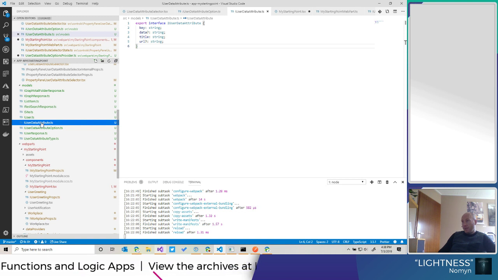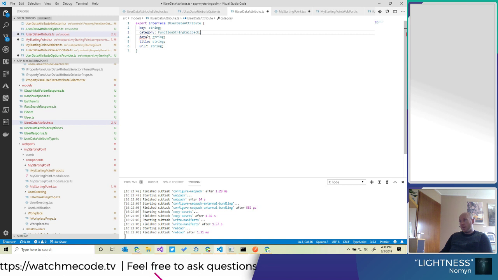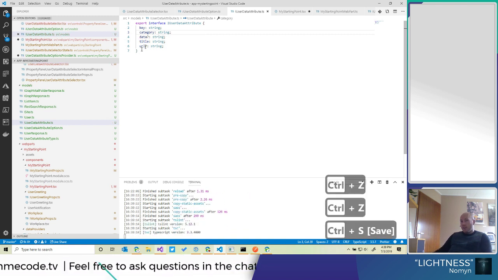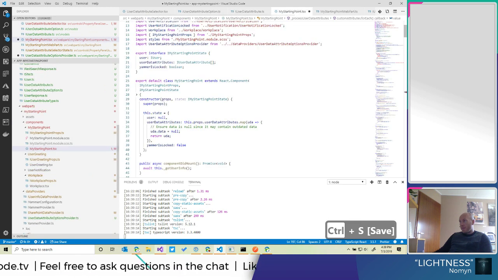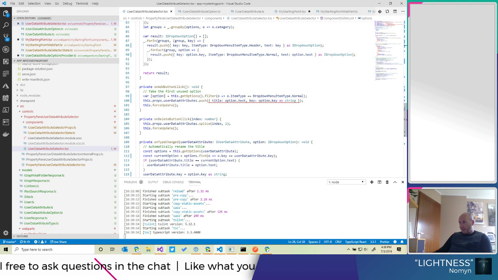Then we can get rid of the key. Or we simply add a category, which is more backwards compatible probably. So we actually add a category. Yes. And this will